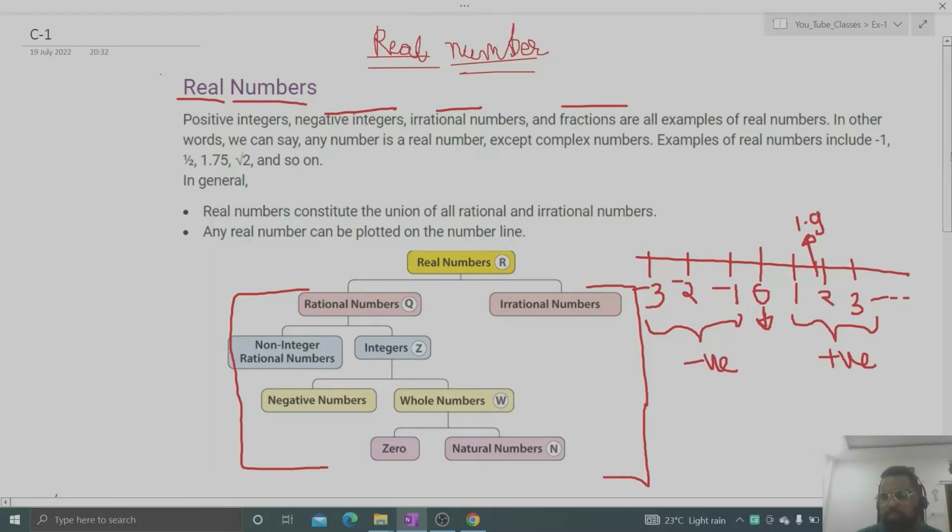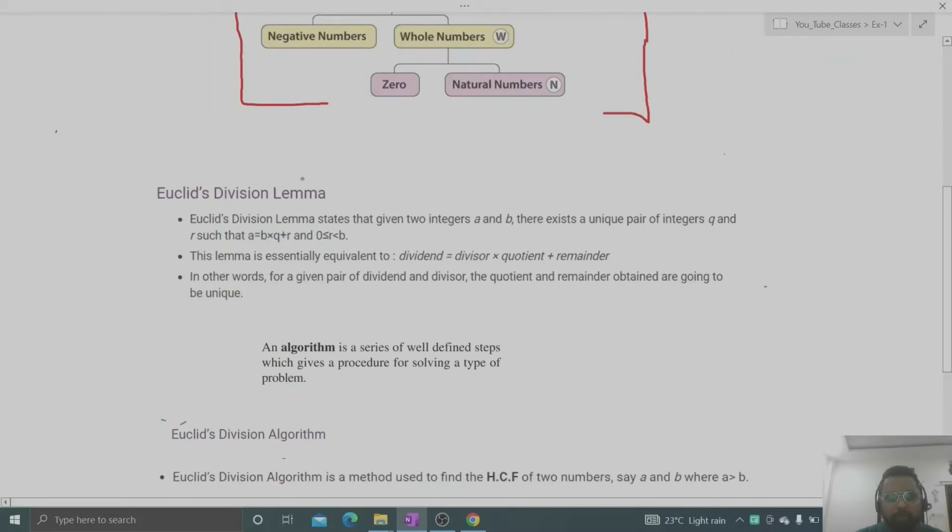So let's move ahead. Our next topic is Euclid's division lemma. What does this lemma say? Euclid's division lemma states that given two integers a and b, there exists a unique pair of integers q and r such that